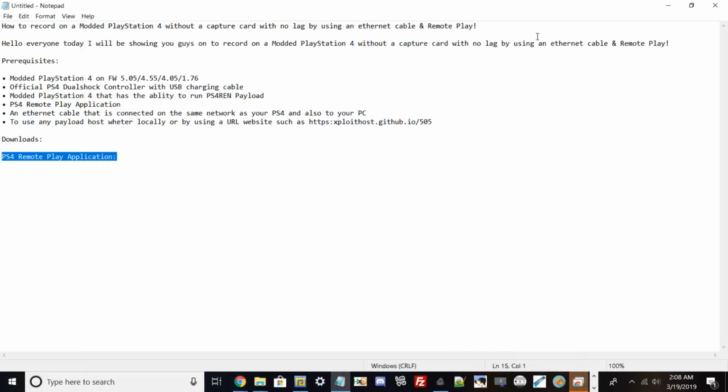And tonight, I should say, instead of today, I basically found out a method from having an Ethernet cord. I can record without a capture card with no lag by using Remote Play, the program Remote Play from